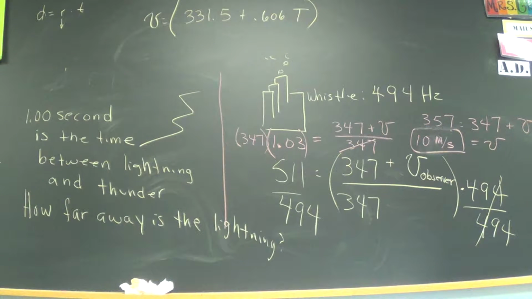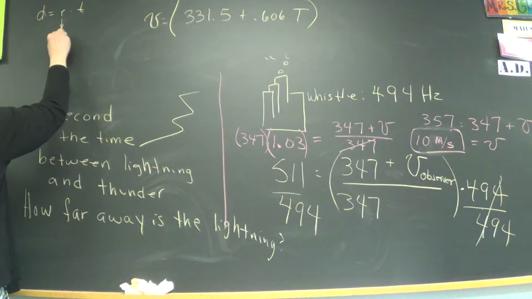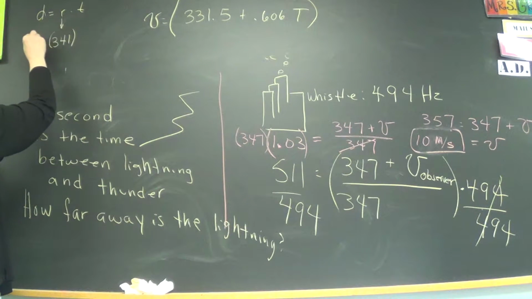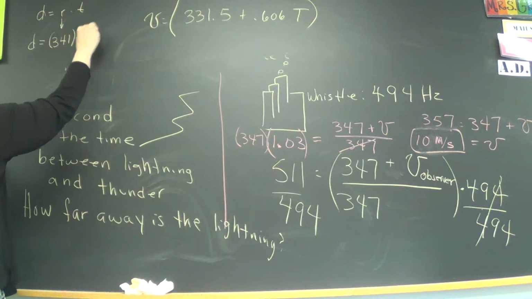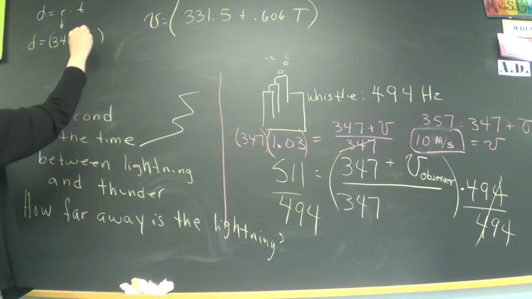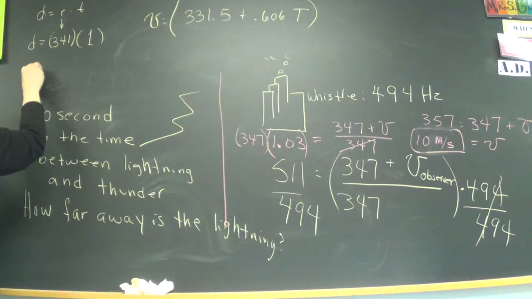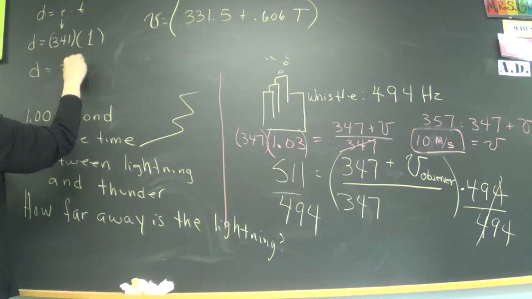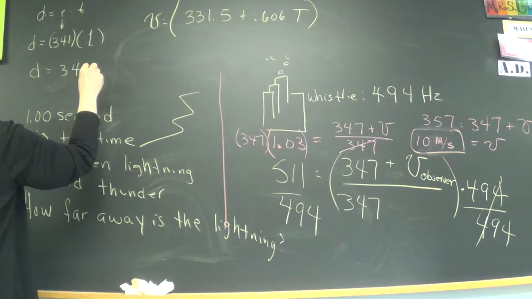I got 341. 341, anyone else? That's what I got. 341, okay. So that is the velocity, I called it rate in here, same thing. And how long was the time? 1 second. So that's not a difficult calculation. So we get the distance to be 341